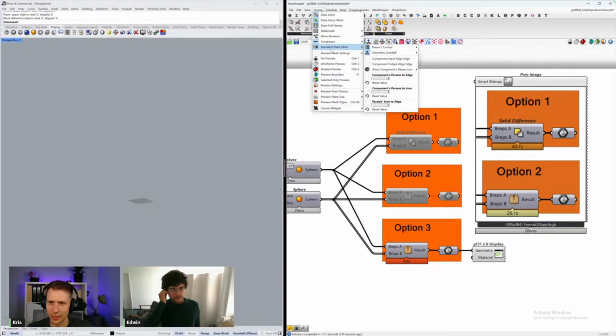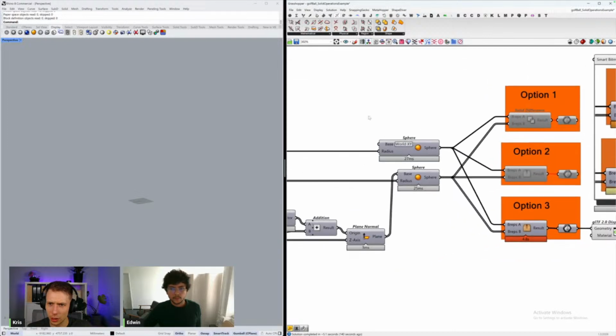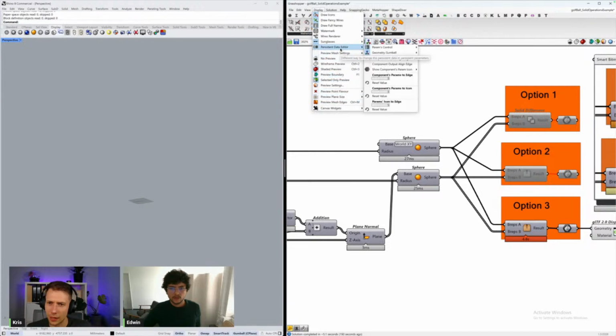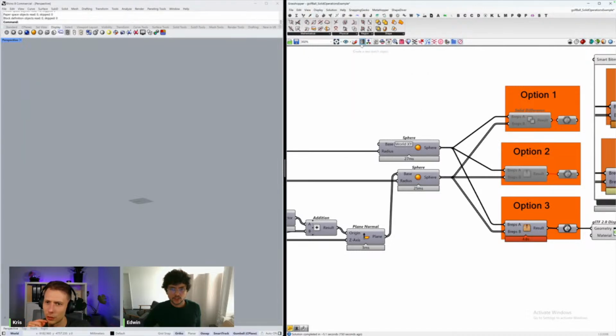It's called Persistent Data Editor, and you can switch it on and off every time. It's somewhere near the sketch function in Grasshopper, near the pencil. You can turn it on here, and you can also turn it off.